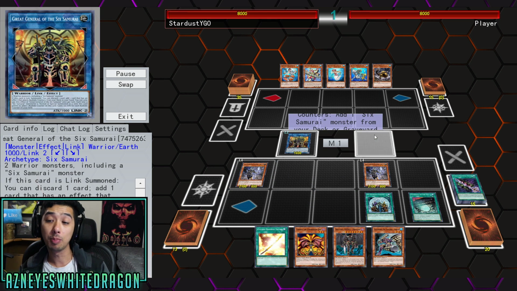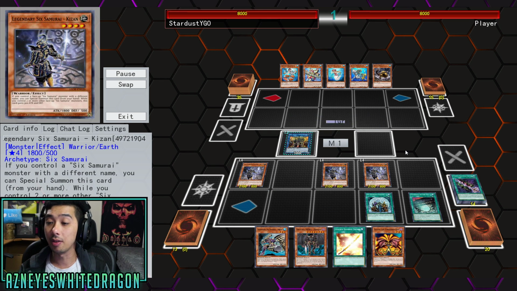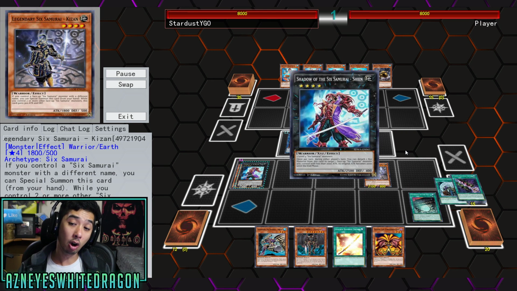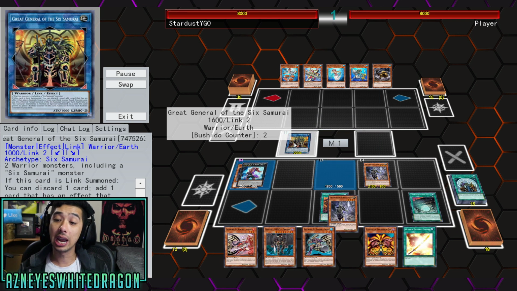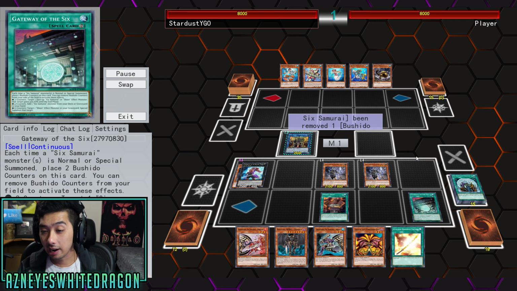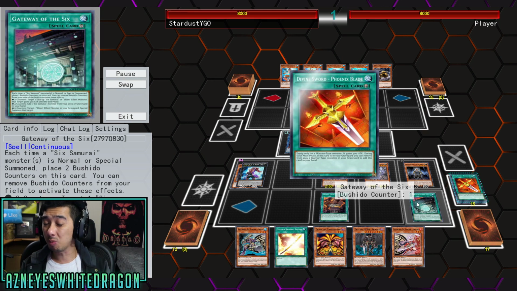We're talking locking your opponent out of the Extra Deck because you take all 7 monster zones, and on top of that, you're going to be able to basically say you can't play Yu-Gi-Oh! And it all really comes down to this card, Great General of the 6 Samurai. This card is coming out here in the TCG, and it searches out Gateway, which enables all of these crazy FTKs, OTKs, and it makes me think that either Gateway has potential to be banned, or maybe